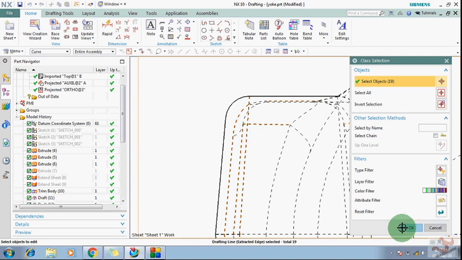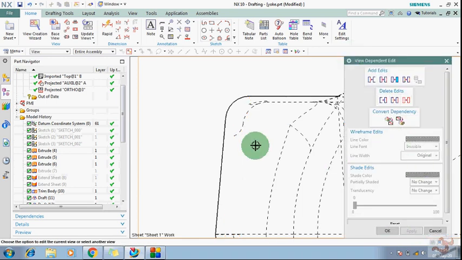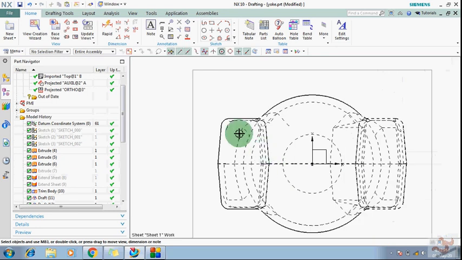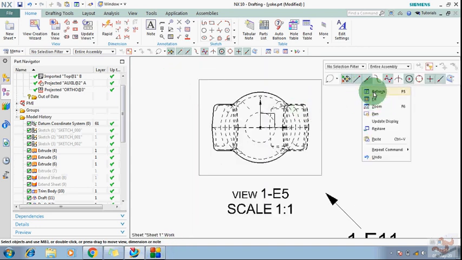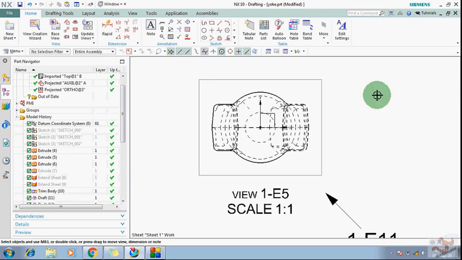Okay, so just need to okay, and now okay, you can see the lines which I have selected, those lines have disappeared from here. So in this way you can keep your required lines. Okay, so this is the way how you can keep the deleted hidden lines so you can show them in the future. Okay, so in this video, up to here, this is a very good video. I hope this is very useful for you when you are working in any firm.